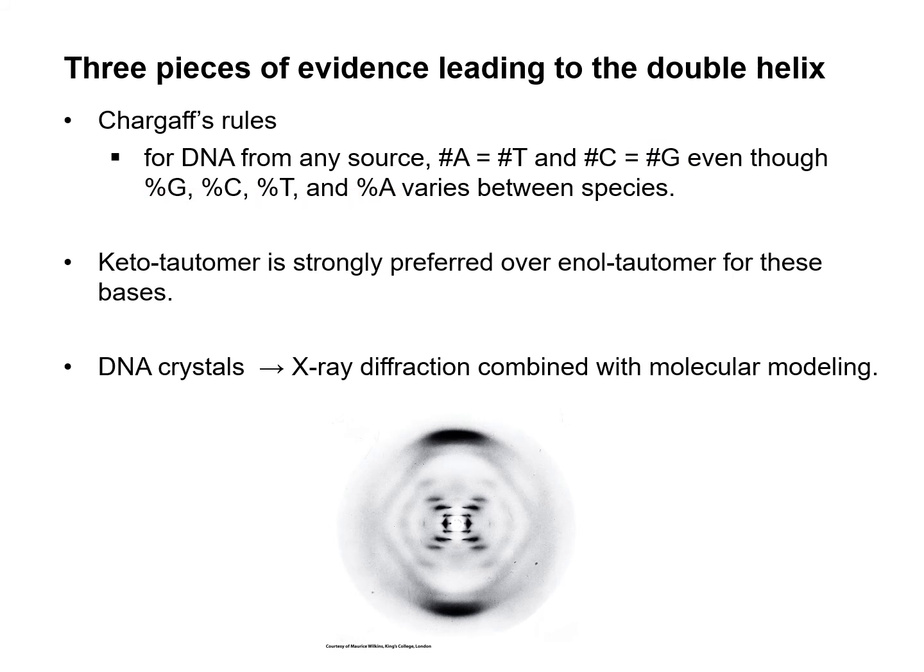The second piece is that the keto tautomer is strongly preferred over the enol tautomer for these bases in a living system, meaning that there could be some regularity of the structure built up by this keto tautomer. As opposed to that, if there is a mixture of these tautomers, then some kind of random non-regular structure would be formed